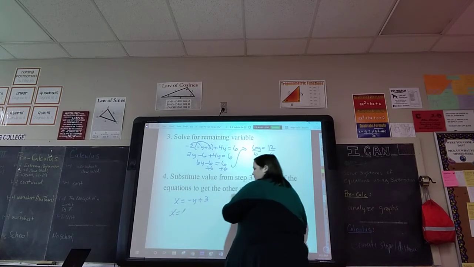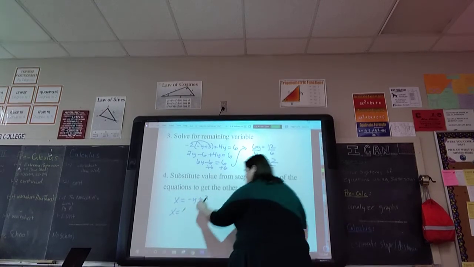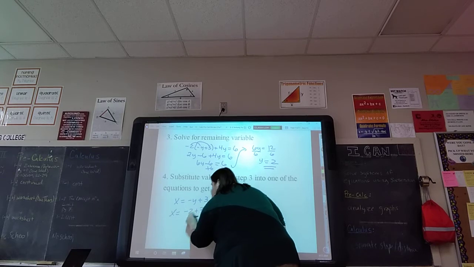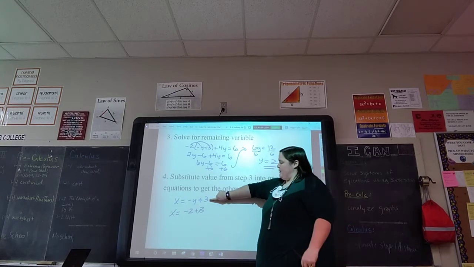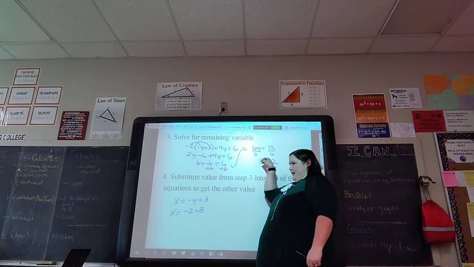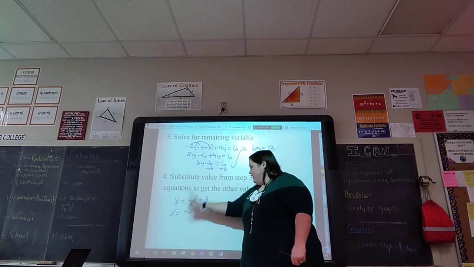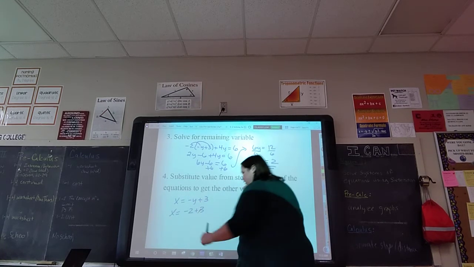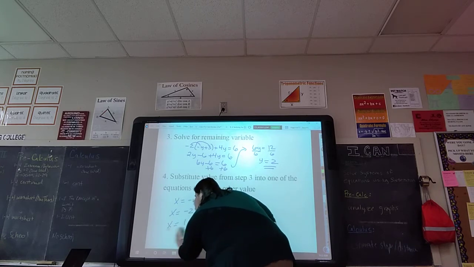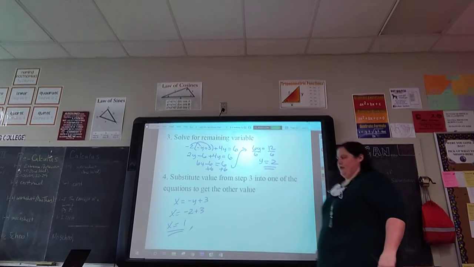You don't have to rewrite this every single time, but since mine's on a different page, I rewrote it. So I use that rearranged equation. I put my y value that I found in step 3 into the y in that. And so now I just need to do a quick addition. And so my x value is